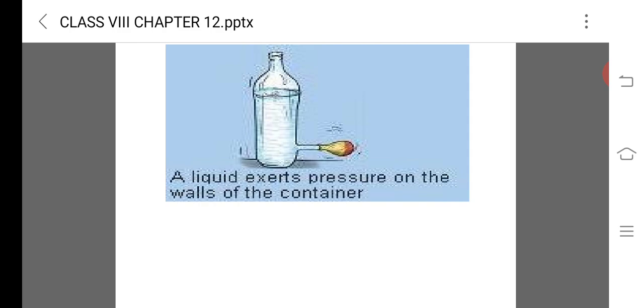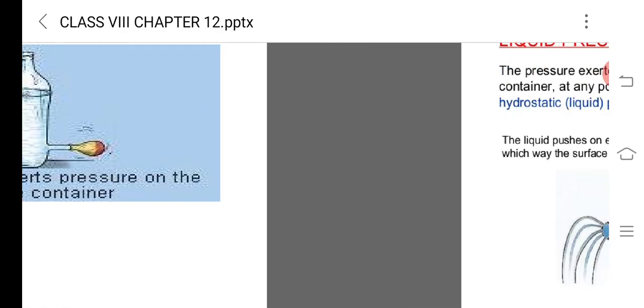And one more thing, the pressure in a liquid increases with increasing depth. That means if the depth of water is more, the pressure will be more. But one more thing to remember is that the pressure in the water is equal at all points. That means the water applies force equally at every point of the walls of the container. It cannot be higher somewhere or lower somewhere. It applies equal pressure in all directions.